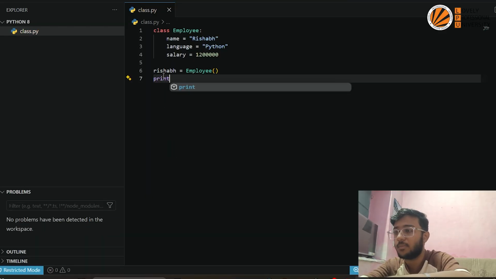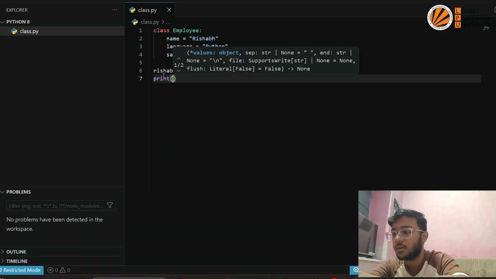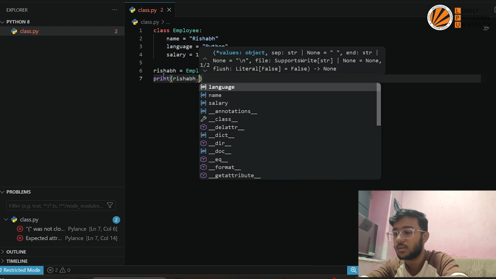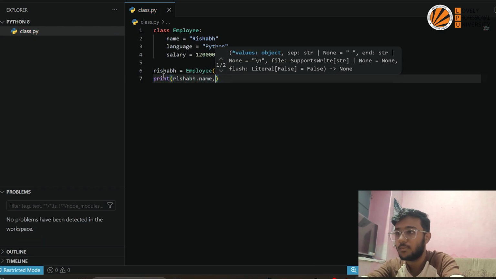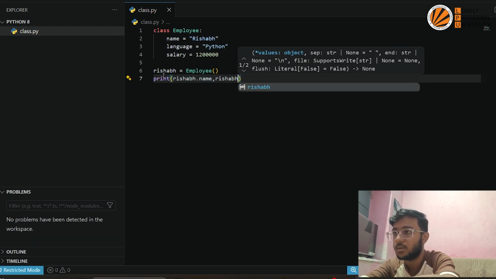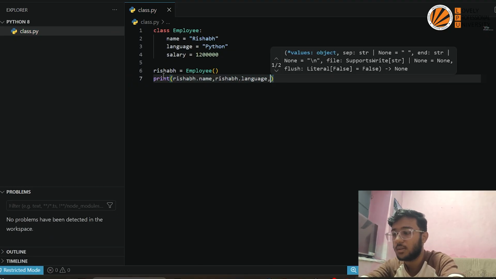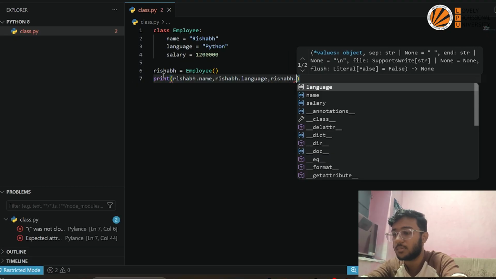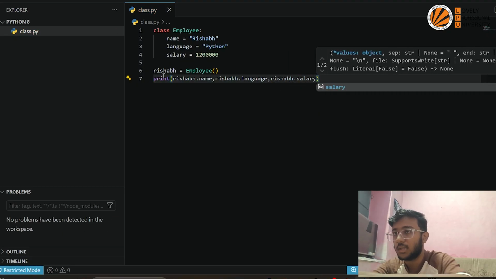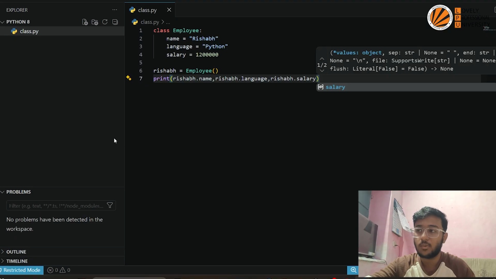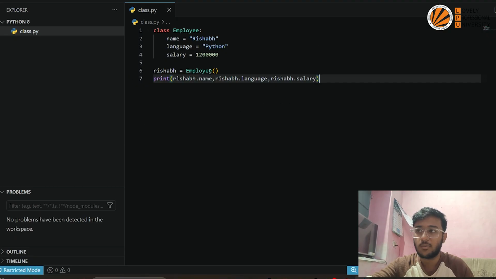And I will print Rishabh dot name, Rishabh dot language, then Rishabh dot salary. So what I am doing here is printing all the things available in the class through my object. Now if I run this,